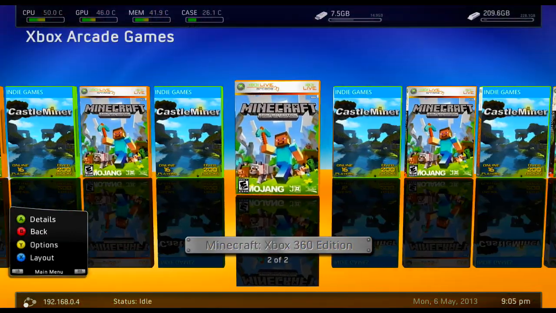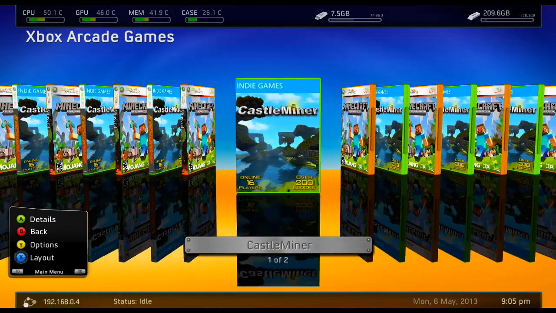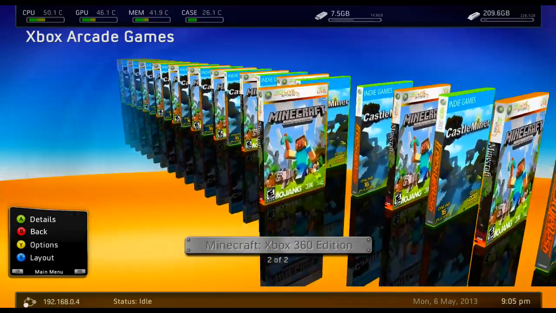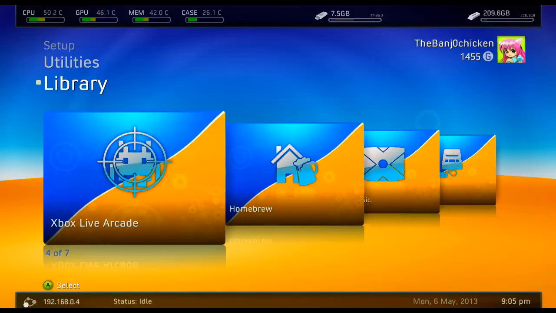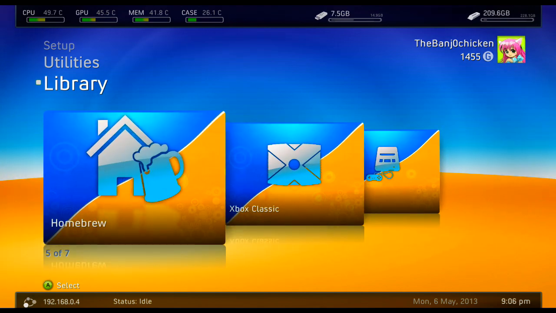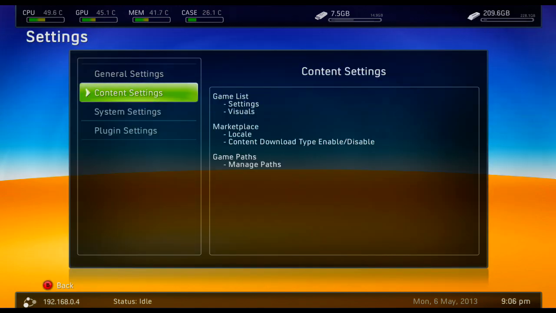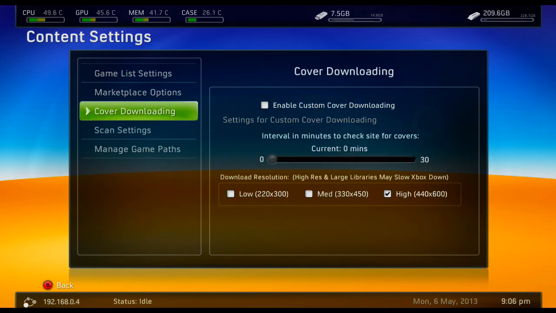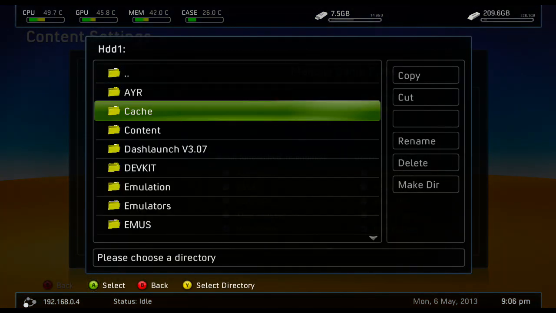And it just looks a lot better. It just looks a lot better in here. So I always like to show you guys how to add it into Freestyle Dash because it just looks so much better and it's more convenient. So also you can add XM360 into Homebrew the same way. I should have quickly showed you that, but I'll show you anyway. So manage game paths again, add a game path, and it's Homebrew you select for XM360 because it's a Homebrew program, and then you just locate it